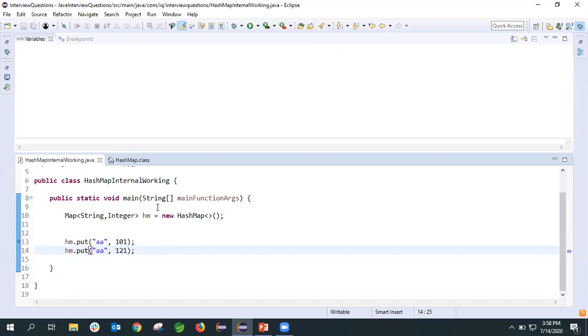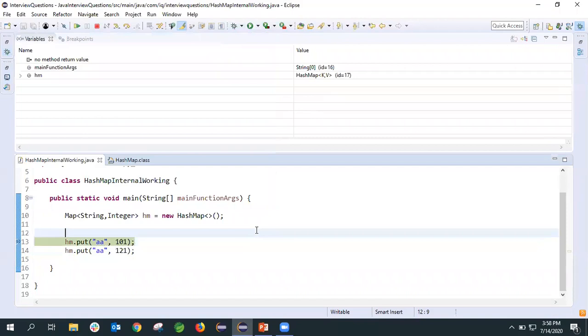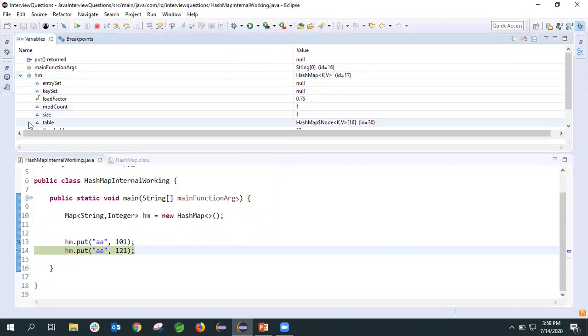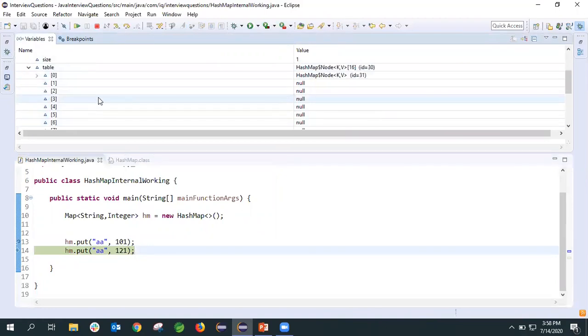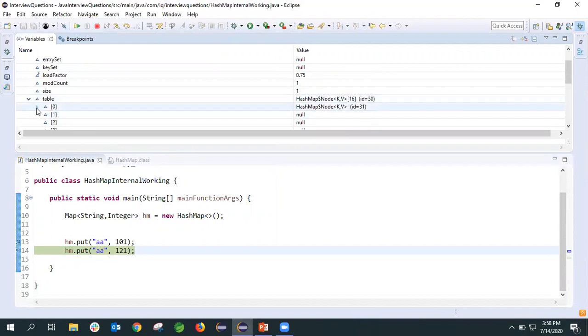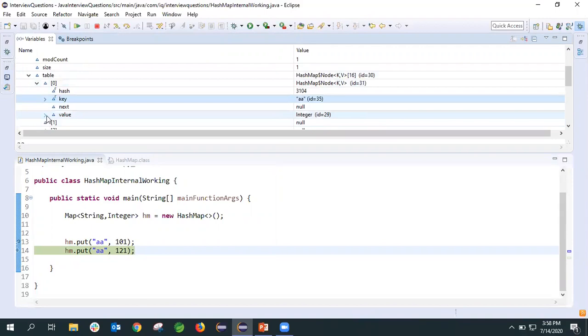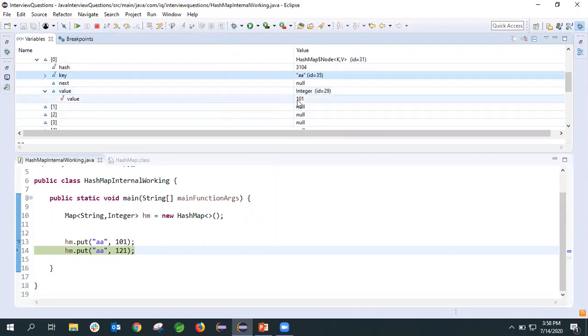Okay, now let's debug this again. Now I'll press F6. Now see here in this table we have got a node here. AA hash code is 3104, and its value is 101.